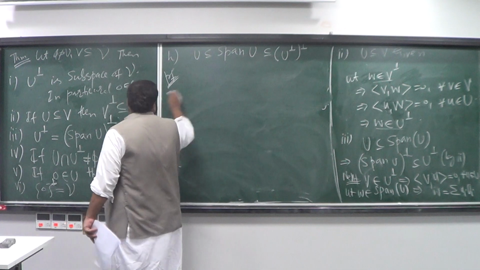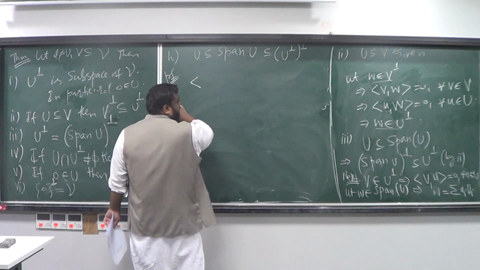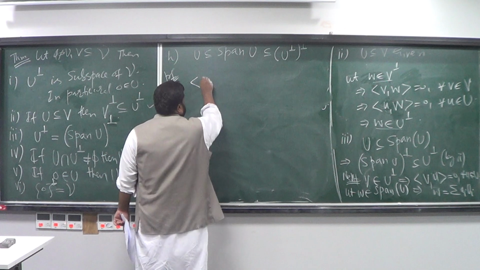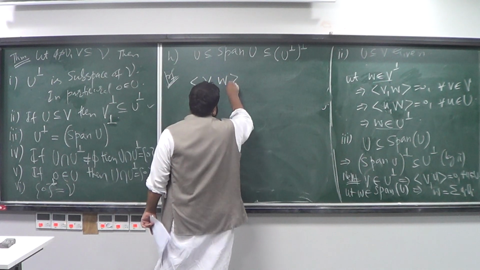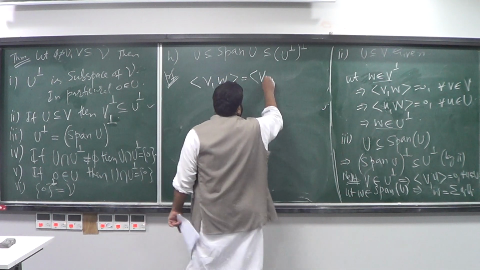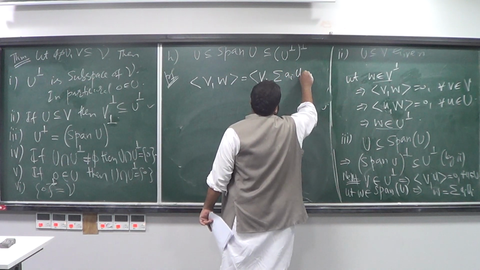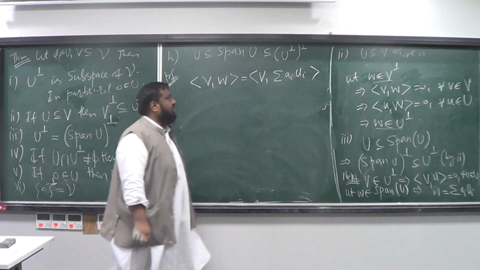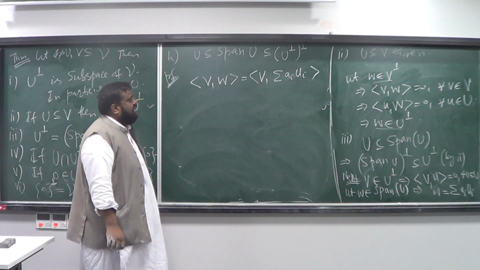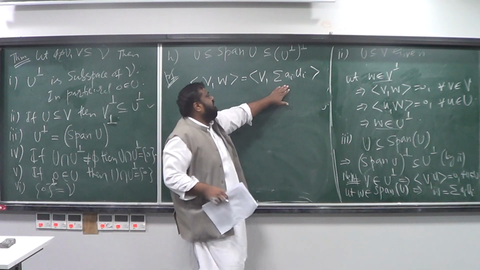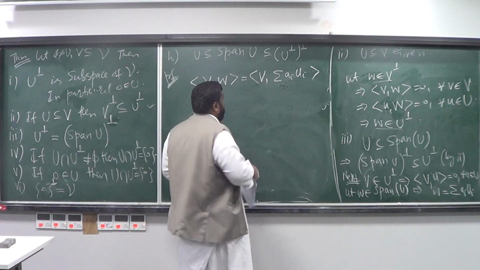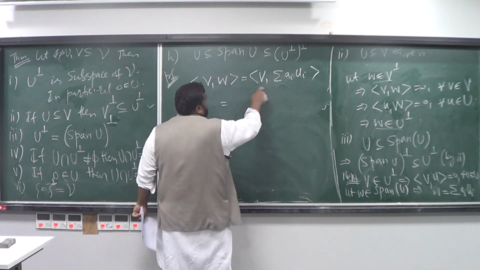V, okay? So I write, for example, the inner product of V with, say, W. This is going to be V with the sum of a_i and u_i. This is what it is going to be, okay? If I wish I can put it here or here, it doesn't make any difference. Then I can write this as,